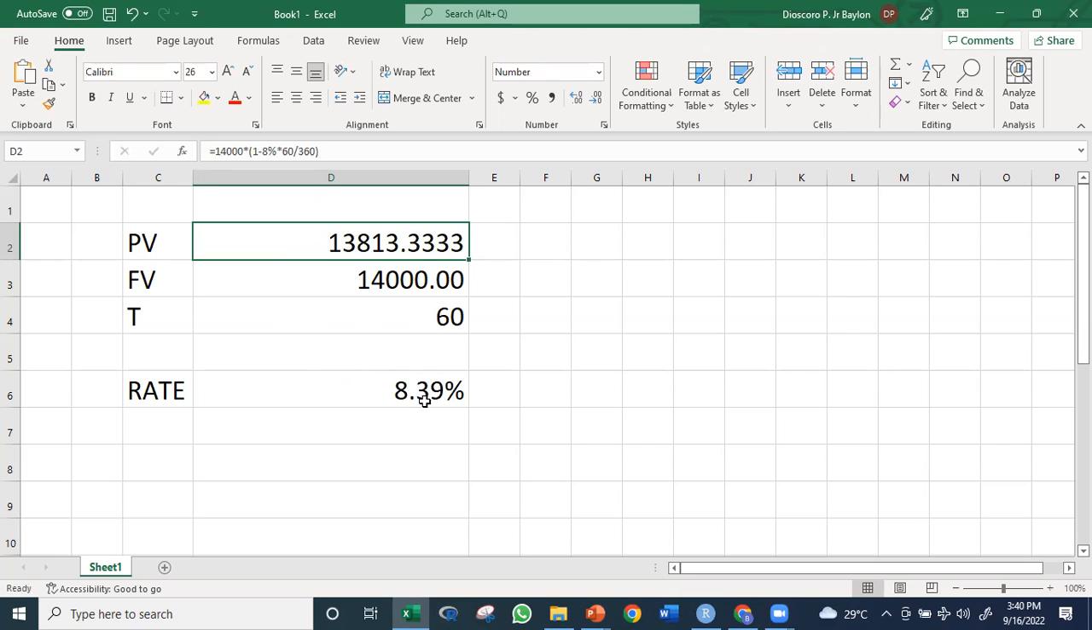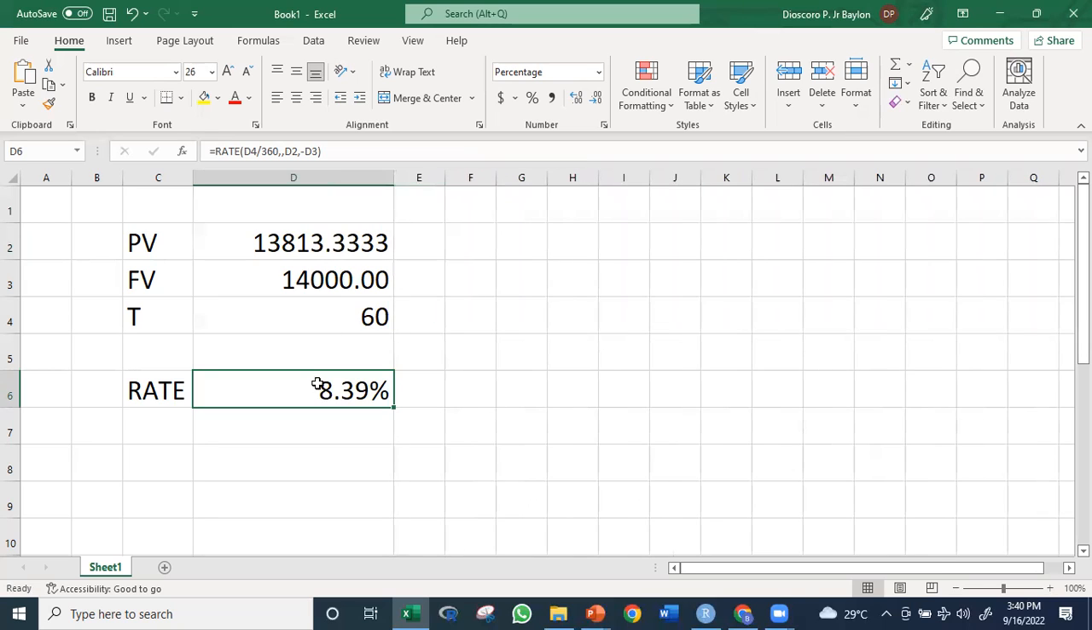No? Still 8.39%. Okay, so I'll just have to check this, guys. It gives us a different rate. Sa calculator, it gives us 8.11. Dito, ang binibigay sa atin is 8.39%. Okay, so there's a discrepancy. I'm not sure why there's a discrepancy, but